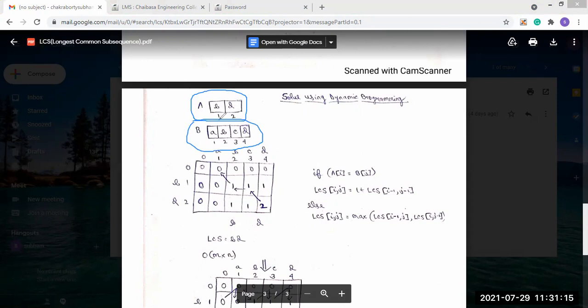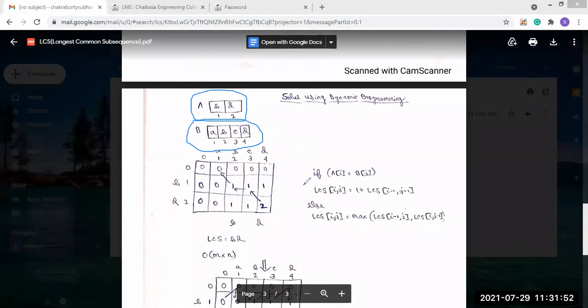If you carefully look, we have used 1 here, but you may also use 0. The same strings which we used for recursion and memoization, we are using here. Only the index numbers I have changed. Here I have written 1, 2, and in the B string 1, 2, 3, 4. So the index number is different, but the string is the same.